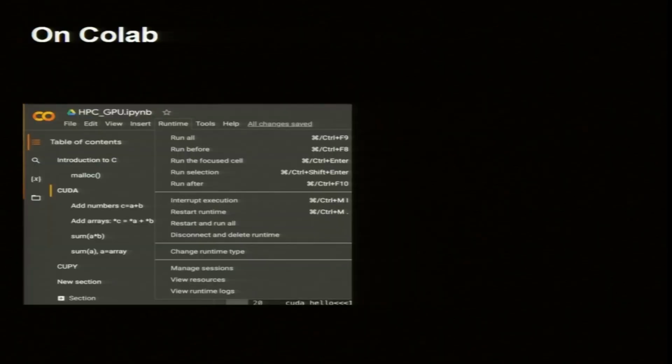We need to run codes where simple things will be running on CPU, but numerical intensive things will go on GPU. So there will be CPU and GPU, or many-core GPU. In Colab, I think this is a very good platform, otherwise you need to get hold of a machine with NVIDIA GPUs. We will use CUDA. So, CUDA is for NVIDIA.